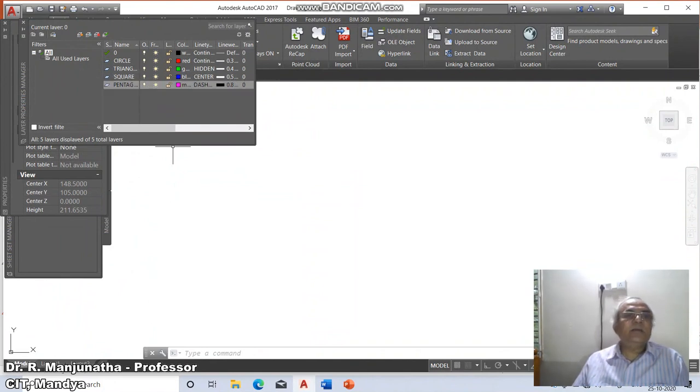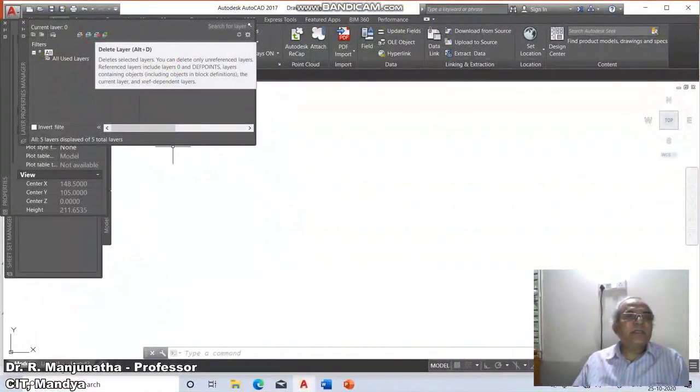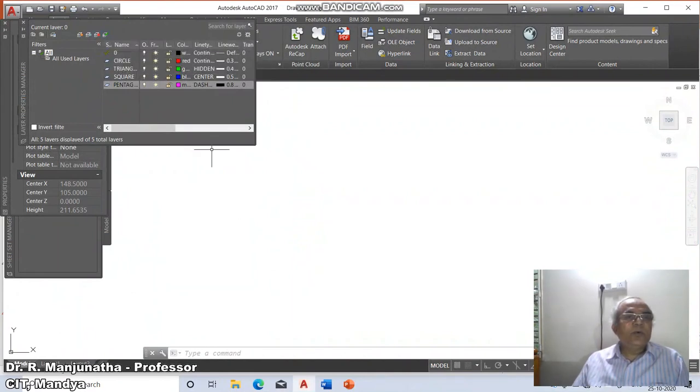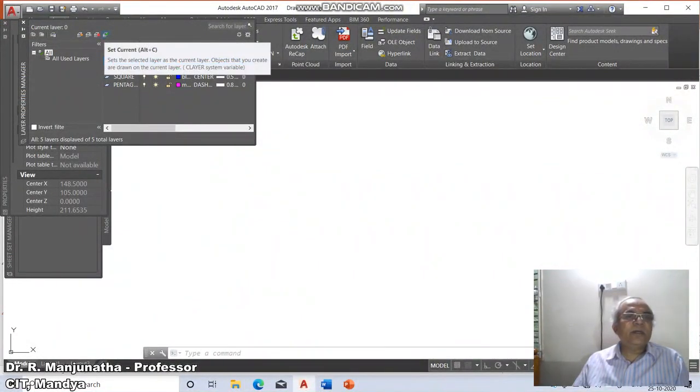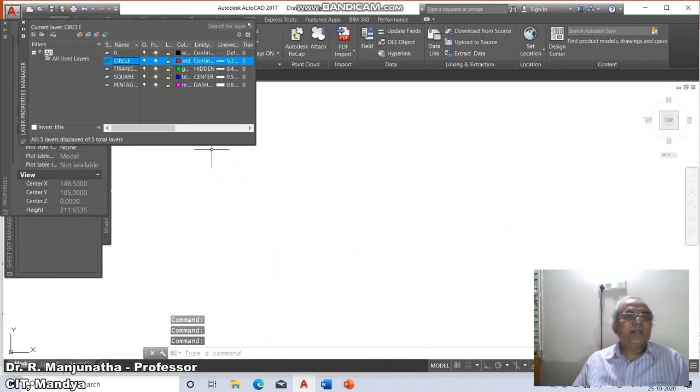Right now layer 0 is the one being ticked here, which means you have a check mark, that is the current layer. So we want to make the circle layer the current layer. To do that, first go to the circle layer and click set as current layer. The moment you click on this, you can see that the circle layer has become the current layer.